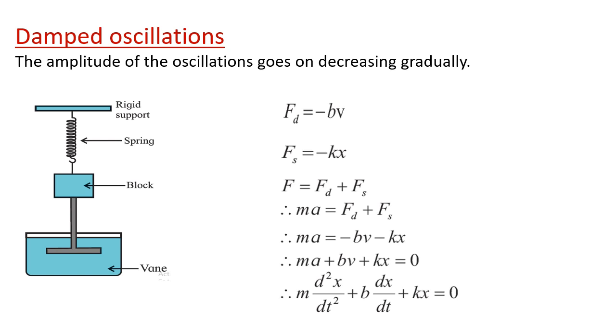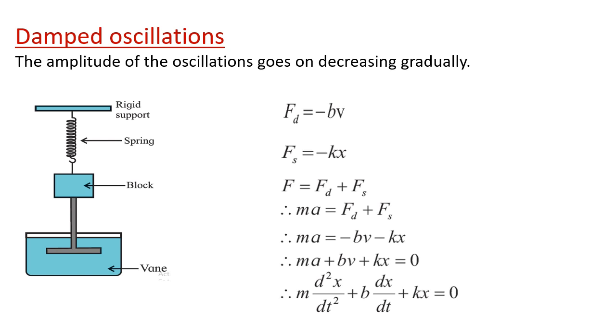then if you don't disturb the system and look at the whole system after say 4 or 5 minutes, you will observe that the bob of the simple pendulum, which was performing motion initially, has slowly, after a certain time interval, come back to the rest position. So it indicates that the amplitude of the oscillation gradually goes on decreasing. As time increases, the amplitude goes on decreasing, and at one particular point the amplitude becomes 0 and the bob comes back to the normal or rest or mean position.